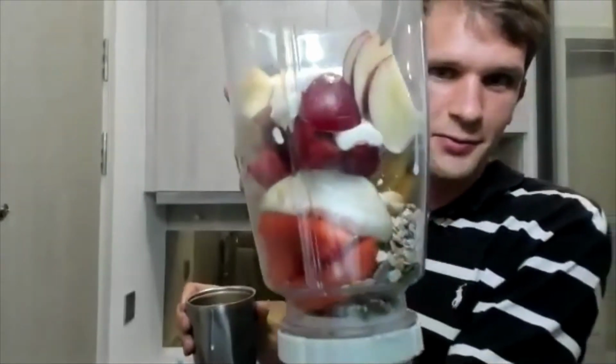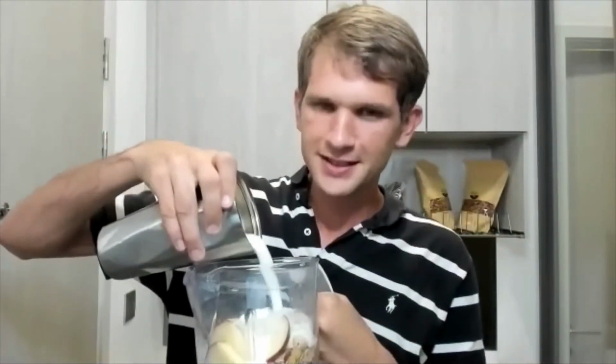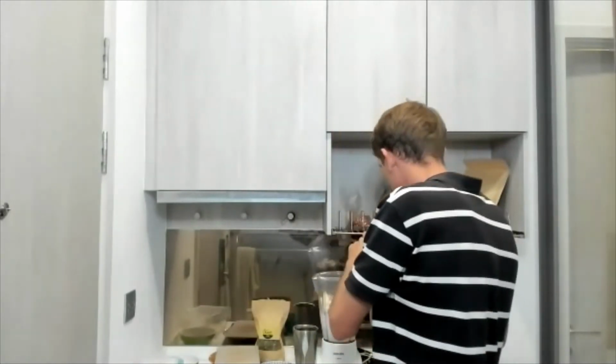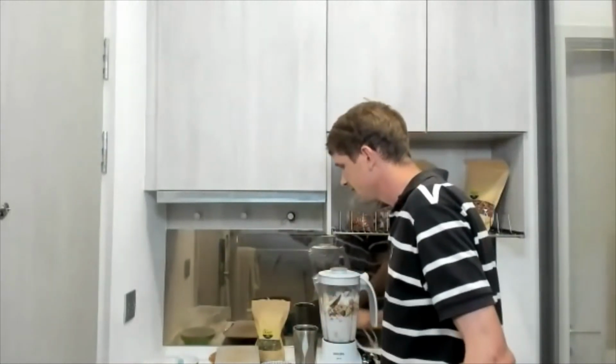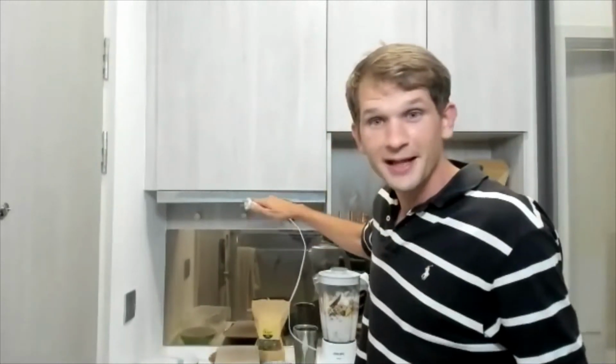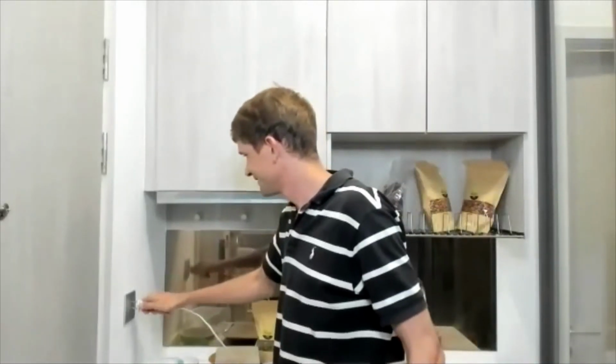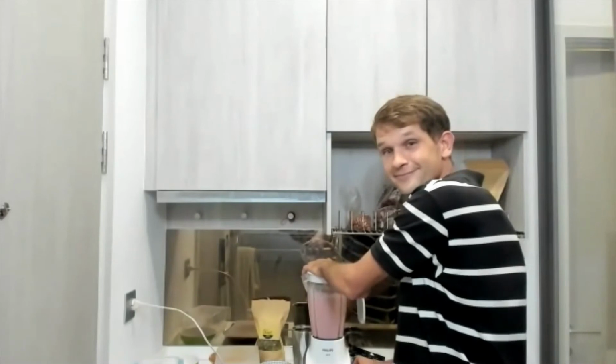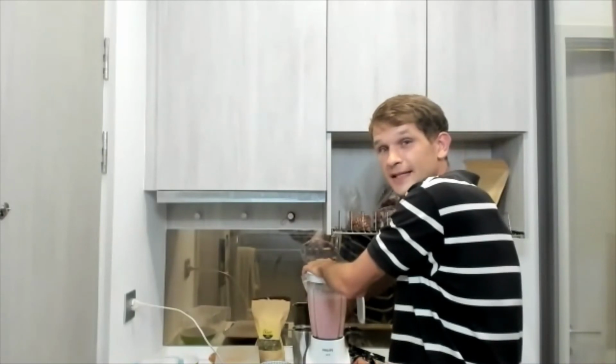There is my smoothie ready to go. Alright, here we go. Put in the almond milk. This is the exciting part because we're almost finished. Okay. Just need to plug it in and blend. And 5 speed. Okay,